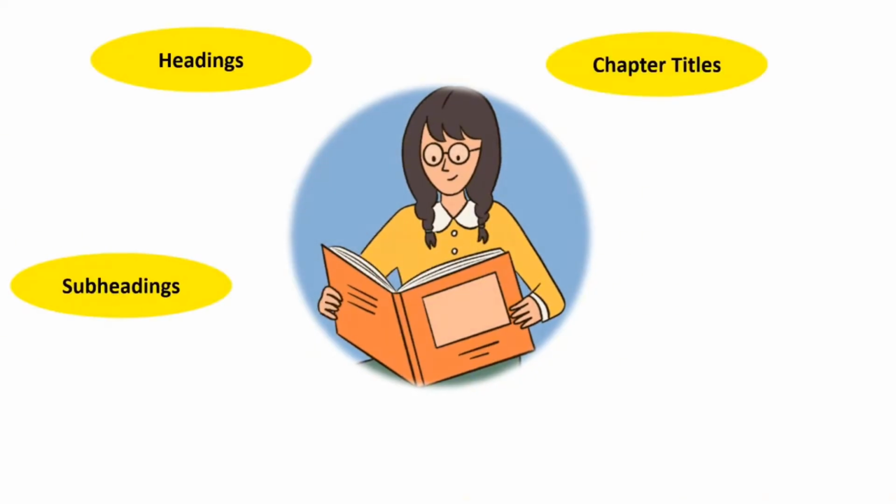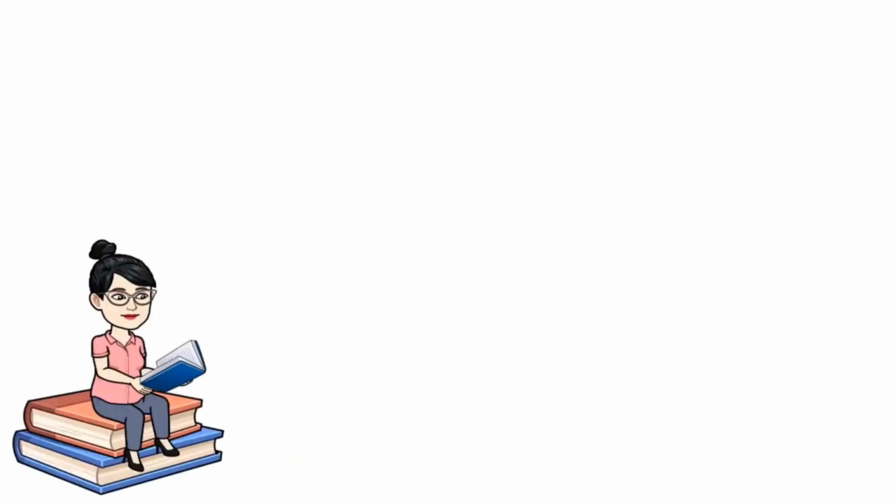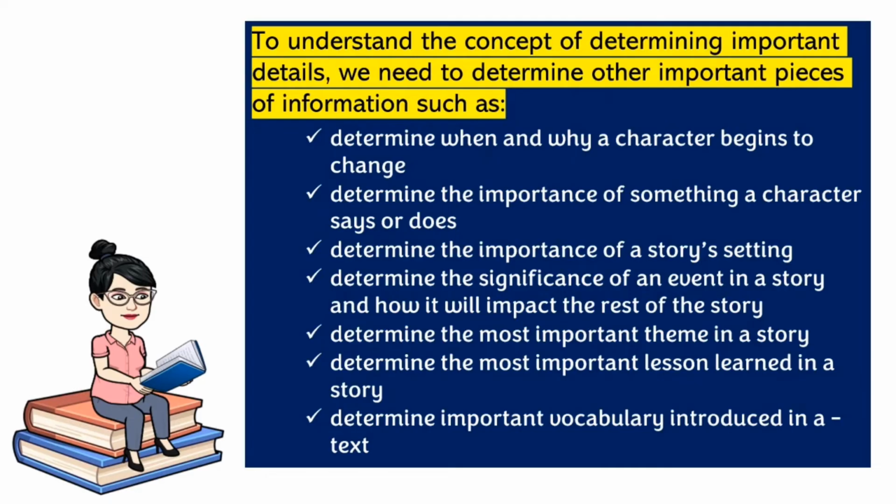Headings, subheadings, chapter titles, highlighted vocabulary. All of these features guide readers to find and remember the most important information. Graphic organizers help students keep only the most important information. Determining importance is more than just remembering the important details to summarize the text. To understand the concept of determining important details, we need to determine other important pieces of information such as